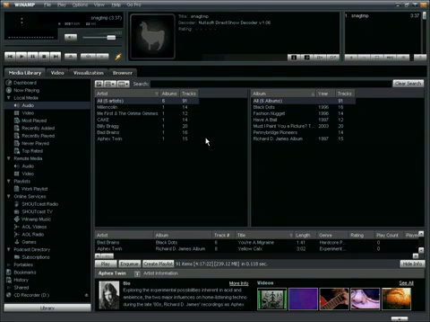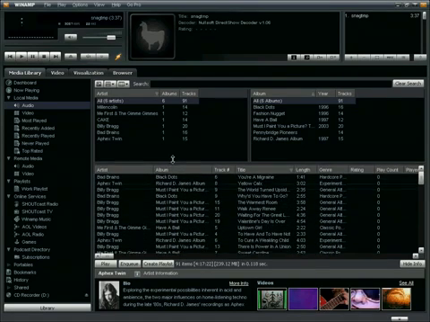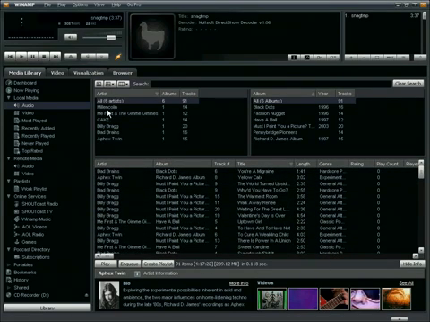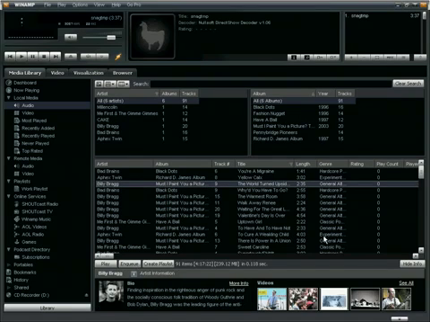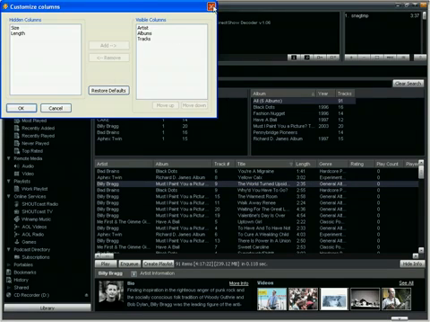Now that I have all of the files in Winamp, I can also change the way it looks. I can customize it. To me, this is a great view. I have all the information I need right here. I can size these windows. There's all the artist information, there's the album information, and then here's basically just a listing of all of the songs individually. I can right-click on these column headings here and hit Customize Columns, so I can add additional columns